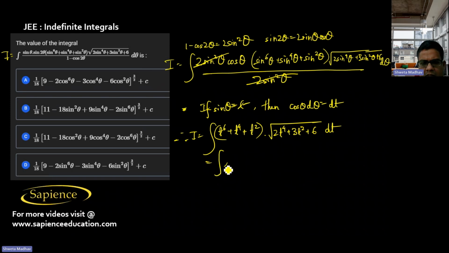So it will be integral t power 5 plus t power 3 plus t into integral, this will be 2t power 6 plus 3t power 4 plus 6t square